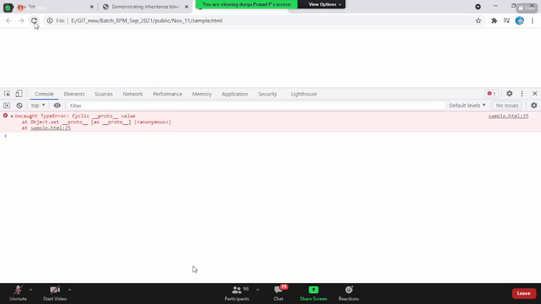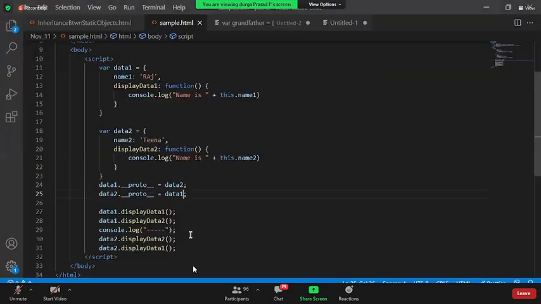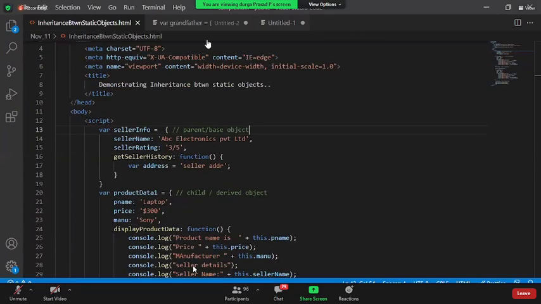So A is depending on B and B is depending on C. So it is saying that a cyclic prototype dependency is there, which is not possible in JavaScript. Am I clear here with your question? Who asked this? Yes, sir, got it. Got it, right? Any more questions? Clear, everyone? We can go to the next topic.